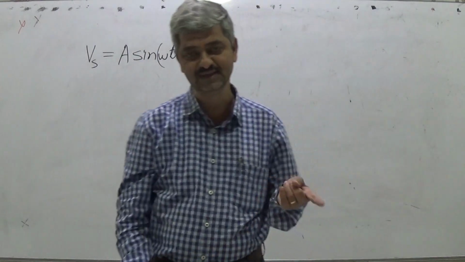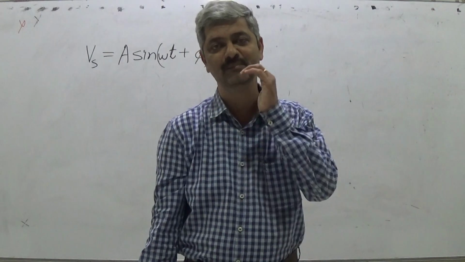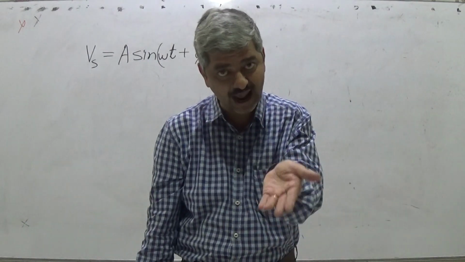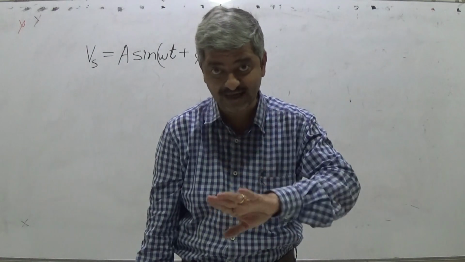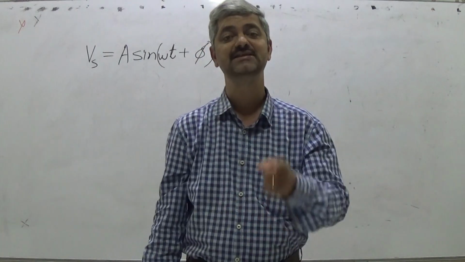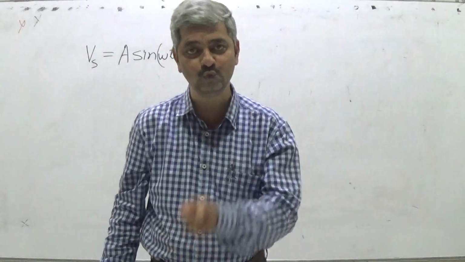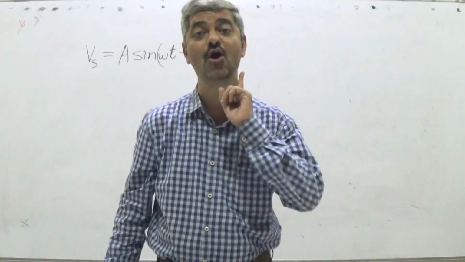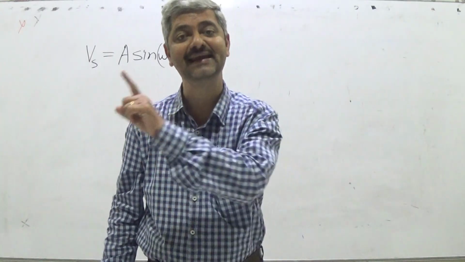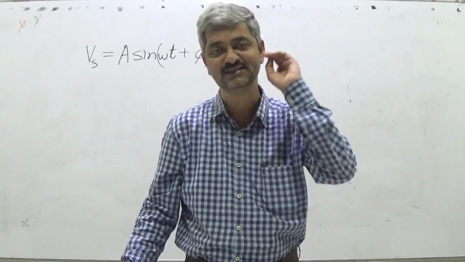Now I explain in English. If you multiply a sinusoidal signal by some constant, it remains a sinusoid. If you add two sinusoids of the same frequency, maybe of different amplitude and different phase, that is, if I add A1 sin(omega t plus phi 1) plus A2 sin(omega t plus phi 2), I always get A3 sin(omega t plus phi 3). So addition of two sinusoids is always a sinusoid of the same frequency.